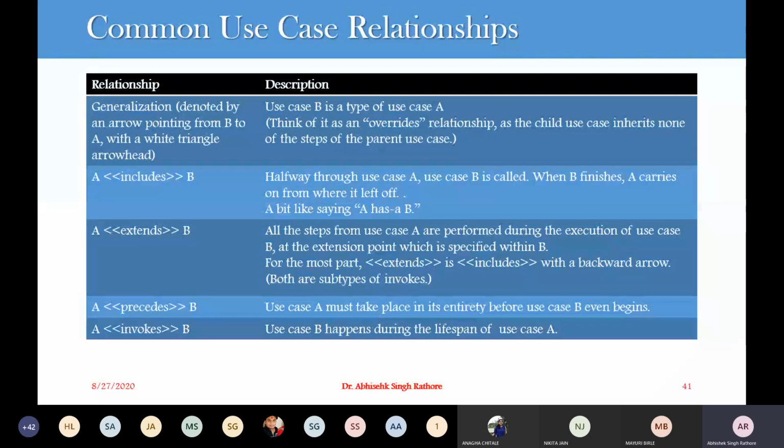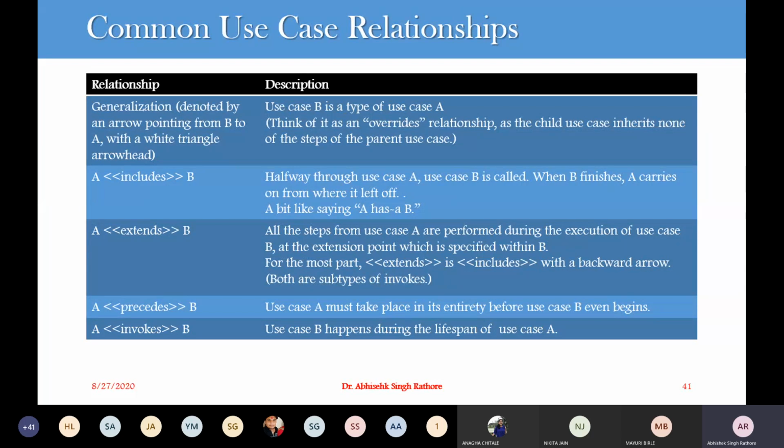When we say that A extends B, it means that the direction is from B to A. So when we have some steps, we are going to compute some steps of use case B, and during the execution of B, this is an extension point of B. That means we are providing some optional behavior of B into the use case of A. So we use the extend relationship.